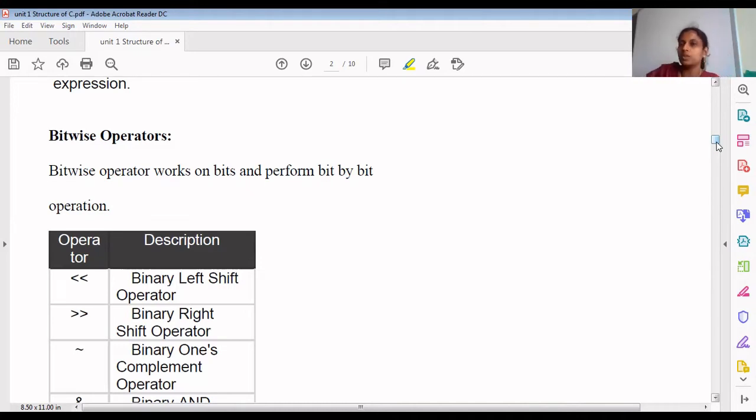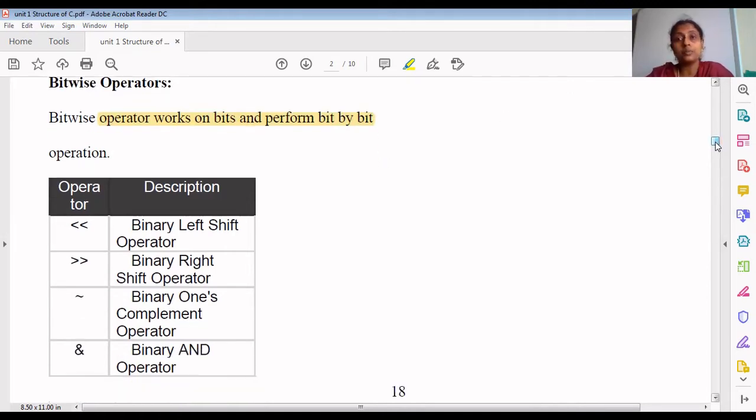I think you would have studied binary numbers, decimal numbers, hexadecimal numbers, octal numbers and all in your younger classes. So when I say binary numbers, it is a combination of zeros and ones. When you want to write a program only with these binary values, then we will use these kinds of operators. See, it says bitwise operator works on the bits and performs bit by bit. In computer concepts, a computer can store information only in binary numbers, zeros and ones. So in computer terms, it is very helpful.